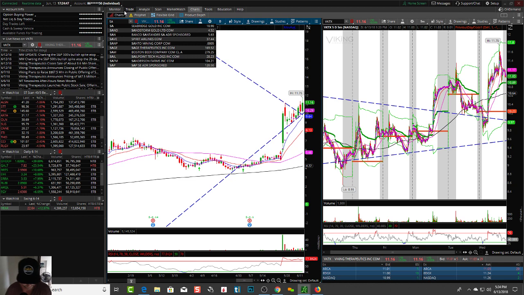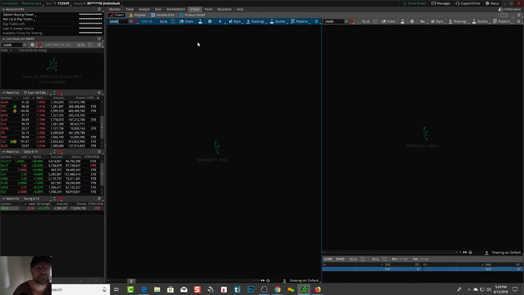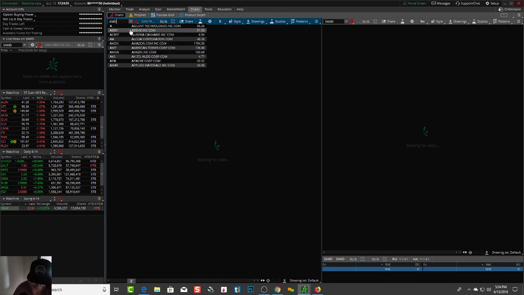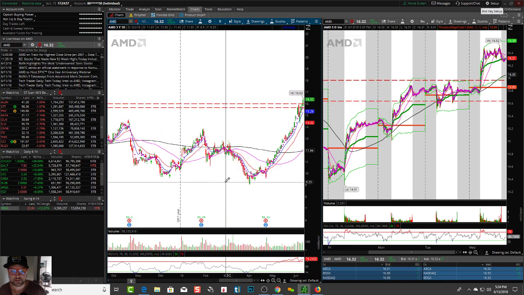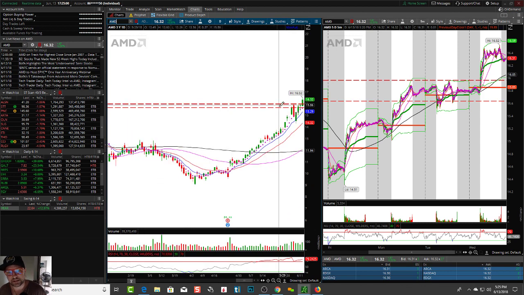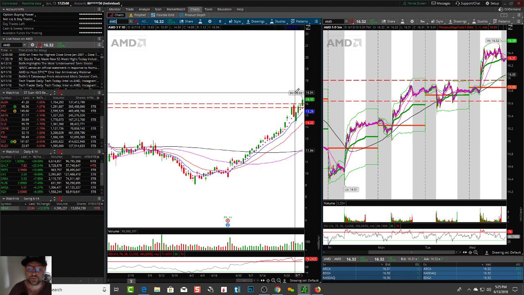SAMD. Let's see. Oh, AMD. Let's take a look. Yeah, possible. It broke out of that ascending triangle. Now you want to see it pull back a little bit. So kind of maybe missed it. Want to watch a little bit of a pullback to continue. So I'd want to see it pull back a little bit and get an entry.